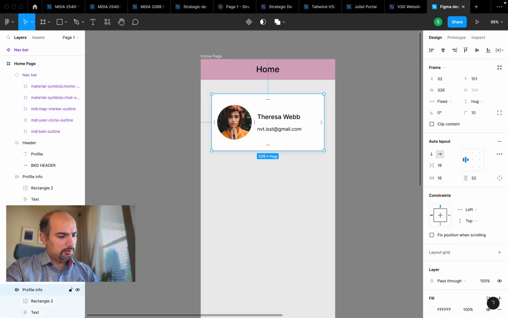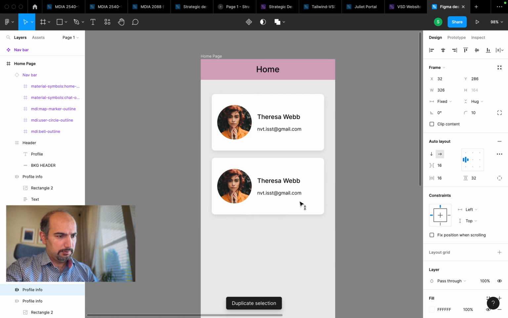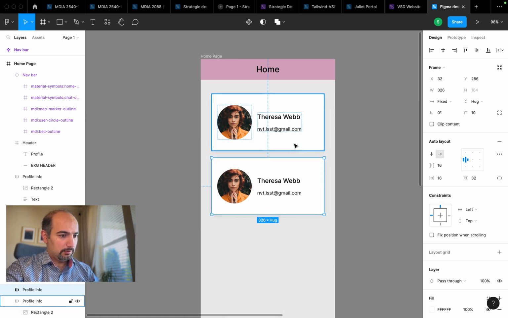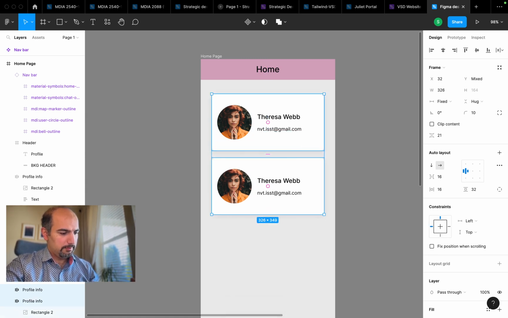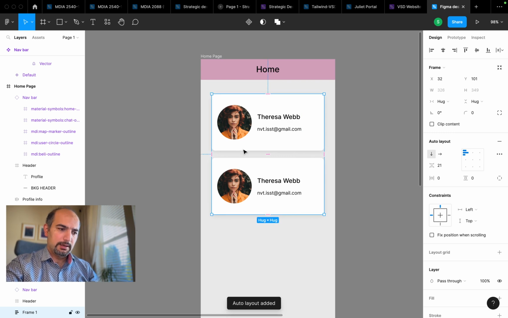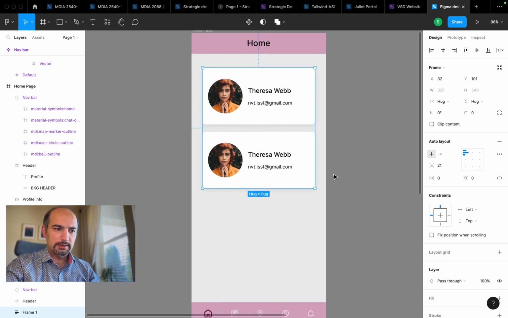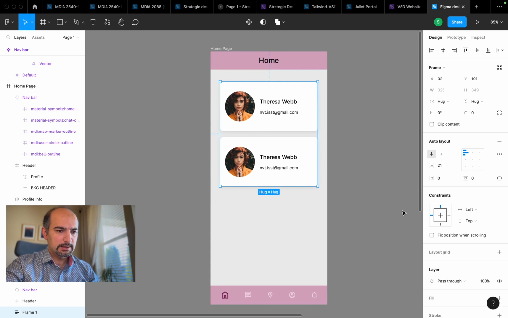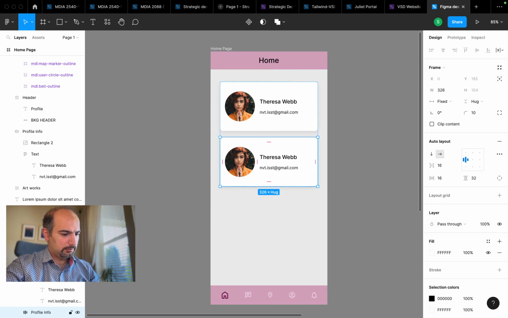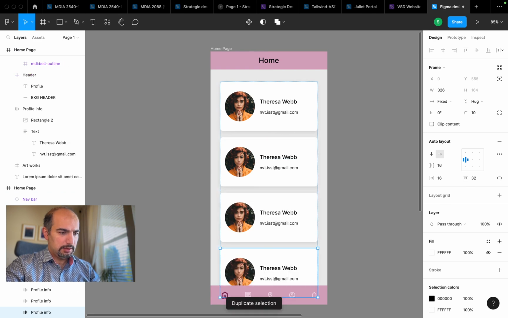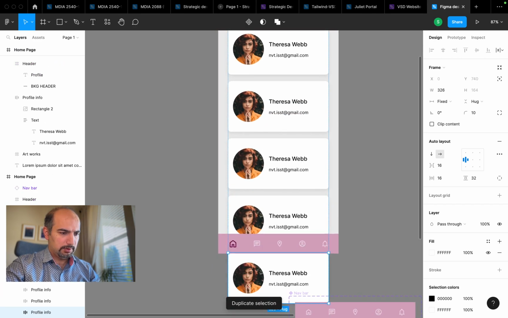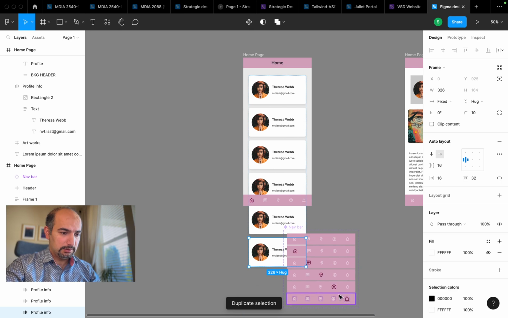So what I'm gonna do, I'm gonna duplicate the card. Command D, it's duplicated. So what we should do, Shift A, and that would create basically auto layout for us. Command D, and I'm gonna add a couple more. The first thing that we're gonna learn is this